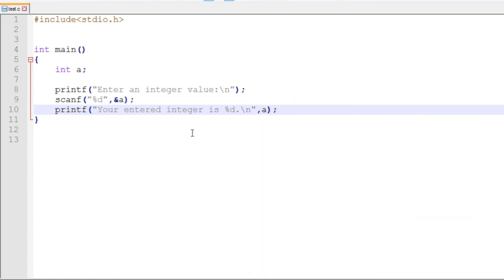Now this was the case for integer variables. Let's say you want to create a program which will take a character from the user as an input. You have to declare the variable accordingly, and then change the argument over here and over here, and that program will take that character from the user and print that character. The same goes for double or float: you just have to change the data type, the format specifier and the address, and everything is